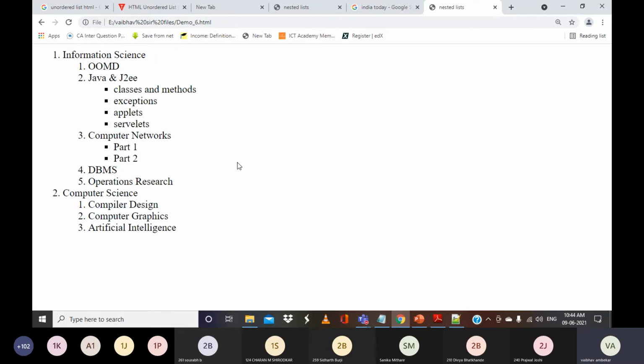Can you tell me what all we have used, or what should be the program? We will go in a reverse way. We have the output; we will try to understand what all we have mentioned. If you see, this is starting with 1. That means what? Is it an ordered list or unordered list here, in the first case? Ordered list. So we have used OL first. Within that, what we have put? Again, there is 1, 2, 3, 4.